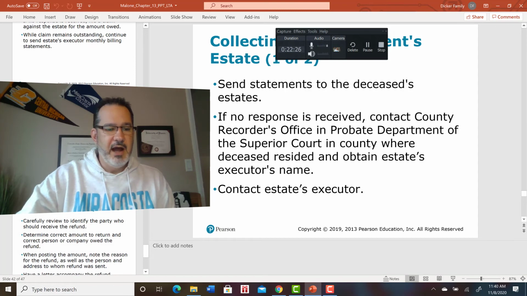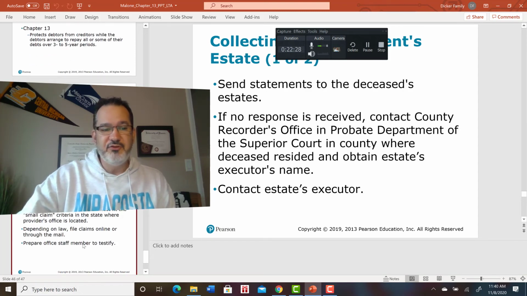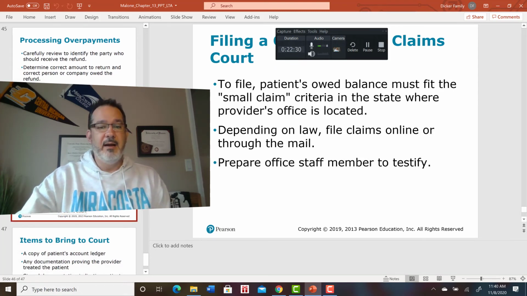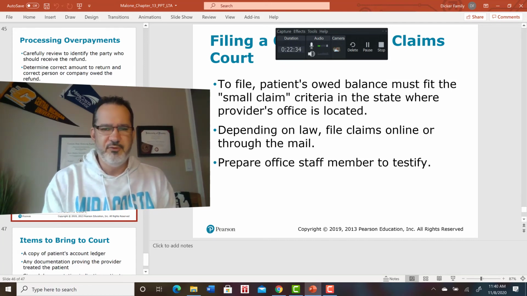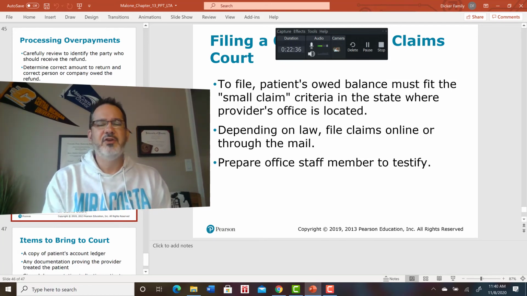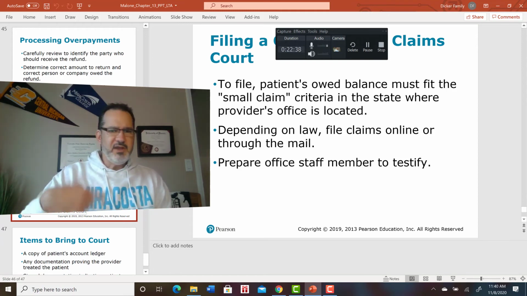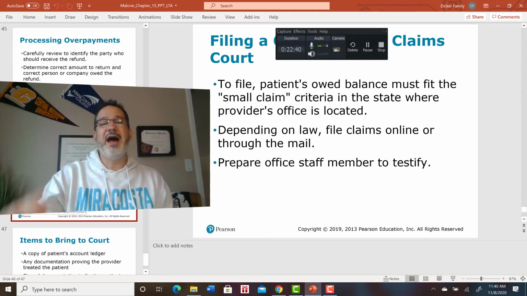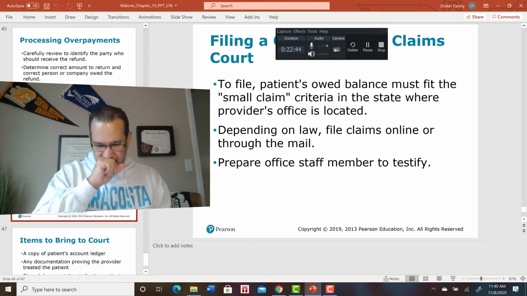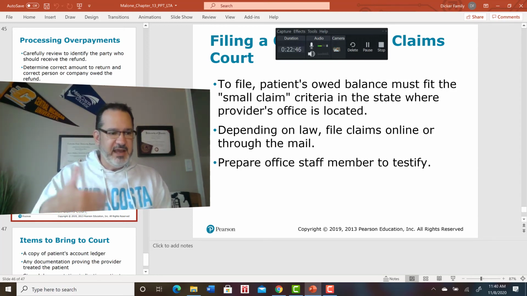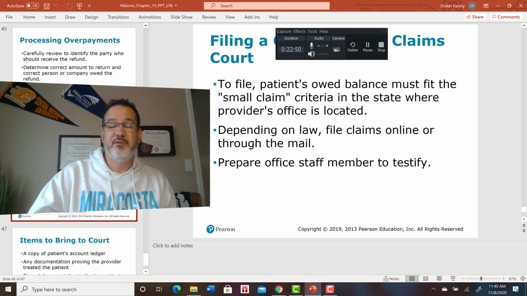Okay. The other thing that we might do too would be small claims court. Typically, I believe in the state of California, we can take somebody to small claims court for up to $5,000. So that would be us filing a claim in small claims court without an attorney. Okay, and that's what small claims court is. It's being able to civilly sue people without the use of an attorney.